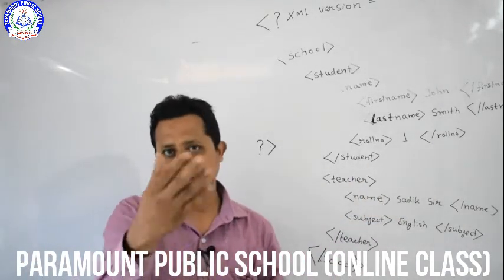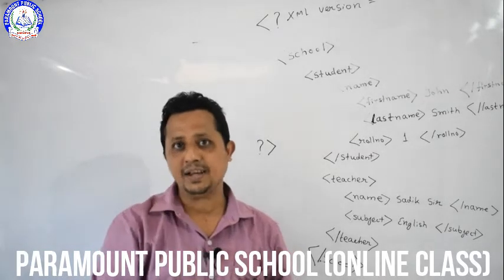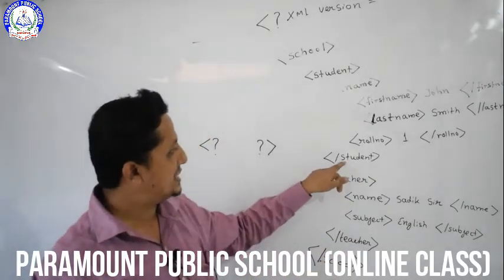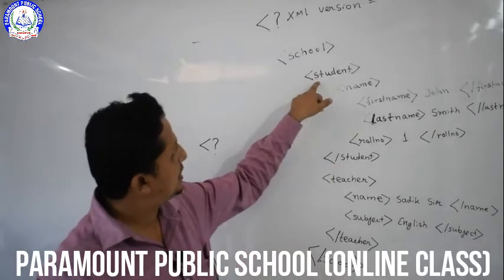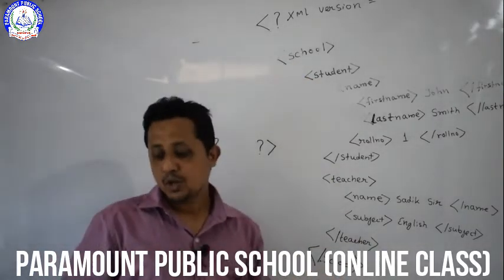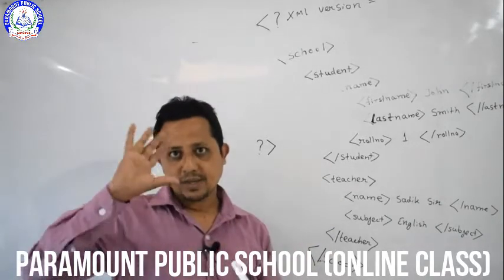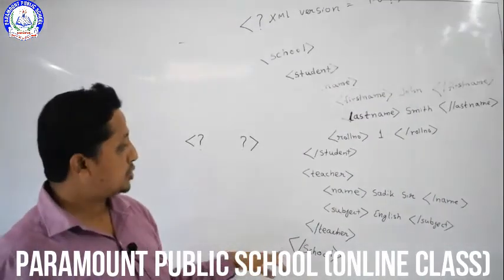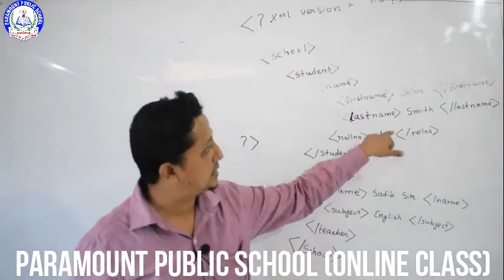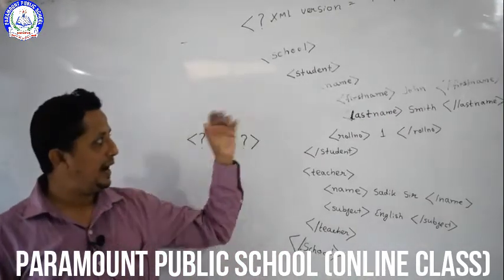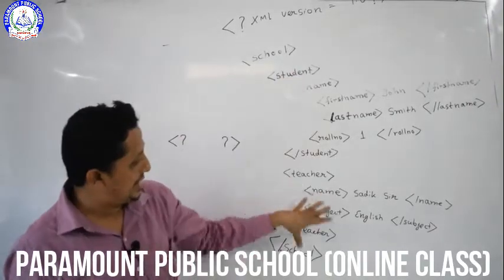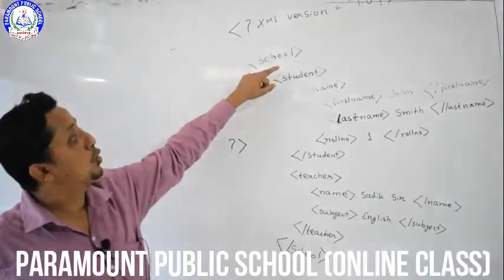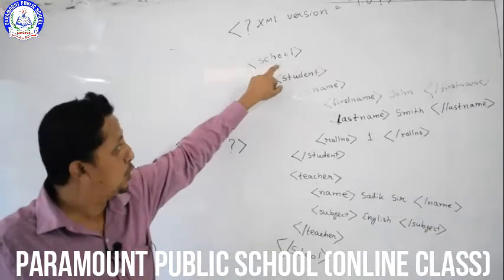As I told you just a few minutes ago, I have discussed the rules for naming elements. Can you see, have I broken any rule? I have not broken any rule, because here you can see a small letter s. So I have followed the rules for making elements. I have also given the associated values with all these elements. So these are all the elements of XML. The topmost element is called the root. Here school is the root